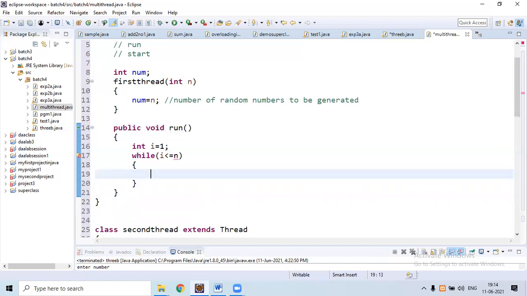Means in the first iteration we are generating the first random number, in the second iteration we are generating the second random number, in the third iteration we are generating the third random number. Like that we need to generate n number of random numbers. So for that here use the condition i less than or equal to num. So num is also pointing to n.